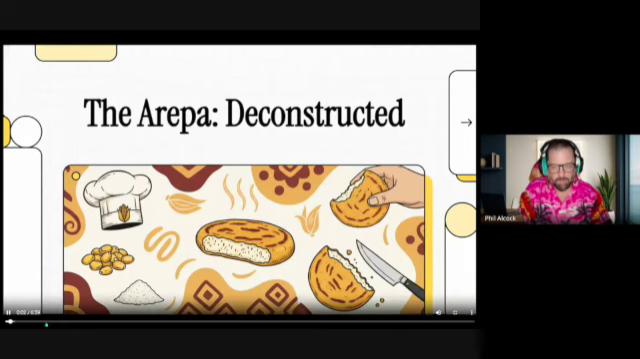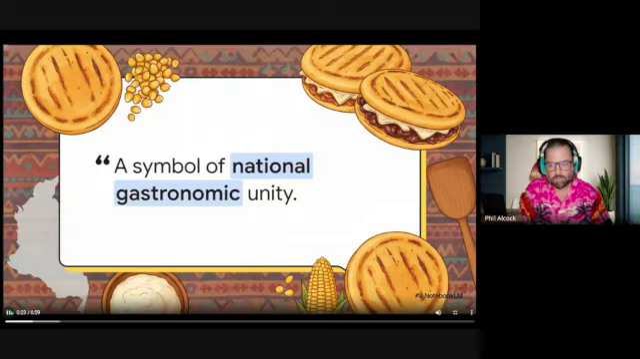Today, we're putting on our chef's hats, and we're going to deconstruct one of the most fundamental, yet absolutely brilliant dishes in South American cuisine, the arepa. And I want you to forget everything you think you know about it being just a simple corn cake. We're going to break it down to its very core, from the kernel of corn to that final, glorious bite. So let's get into it. And look, right out of the gate, you have to understand the